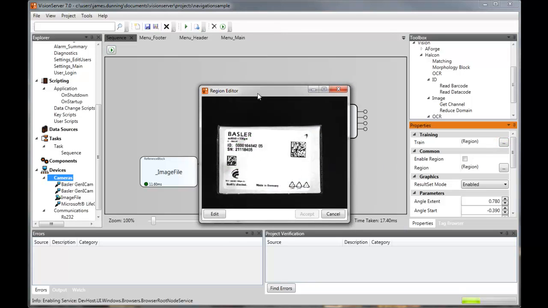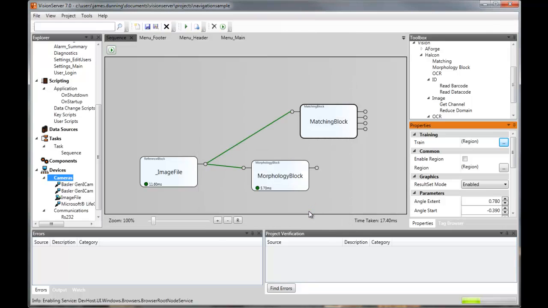We get our region editor. I can click edit, and I'm just going to use this top corner here. So this uses the Halcon display edits. So I'll right click to accept that. Click accept, and now that's set up. So I can run,